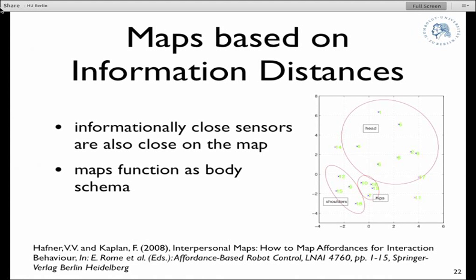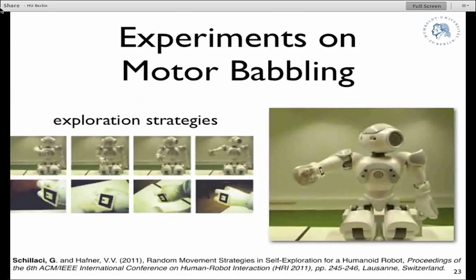In a different experiment, so here we learned something about the morphology of the sensors, but we don't know yet how the sensory information maps to the motor capacities. In the next experiment, we did some work on motor babbling on the humanoid robot Nao. That was work mainly done by my PhD student, Guido Spilacci. And we used,